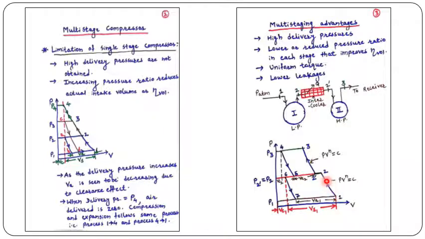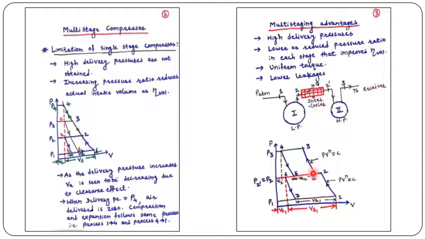Now, assume that there is no intercooling: air is compressed from 1 to 2 in the first stage, delivered to the second stage, and again compressed from 2 to some point 3 dash here. You can see that the area is increased in this case. When you do not have an intercooler, the area is slightly more because you are directly compressing air from 2. But if you use an intercooler, then the area is reduced and it will be behind curve 2 dash to 3.